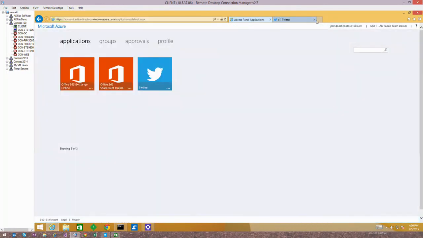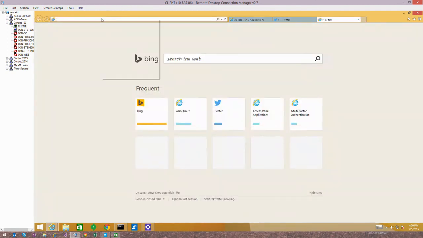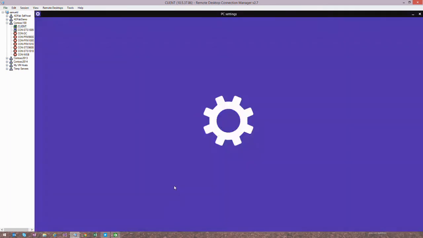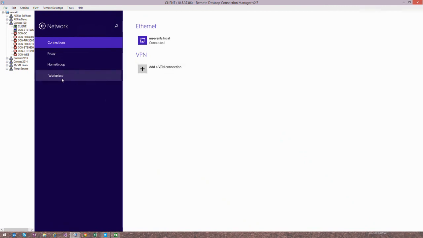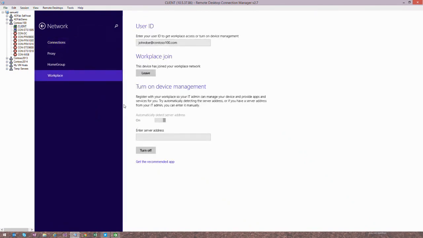So what I wanted to showcase here is actually on my Windows 8.1 PC. And as you can see, I've already done the work of joining my device as well as management. This is actually from my previous demo in my last session. Now, I'm going to go back and show the set of attributes so that you're aware and understand the data from the directory that's driving these decisions. So let's try to go access my